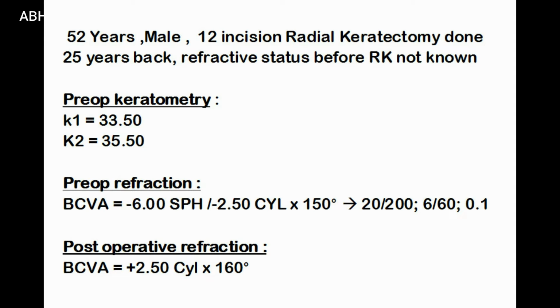On keratometry, the patient has a flat cornea and pre-op refraction of high myopia with poor acceptance of 6/60. This patient had post-op refraction of plus 2.5 cylinder at 160 degrees and acceptance of 6/9 according to Snellen's chart. Some of you would ask why I haven't put a toric IOL. Yes, it's definitely a better option as compared to monofocal IOL, but in this case, the patient was not financially sound, so he opted for monofocal IOL.